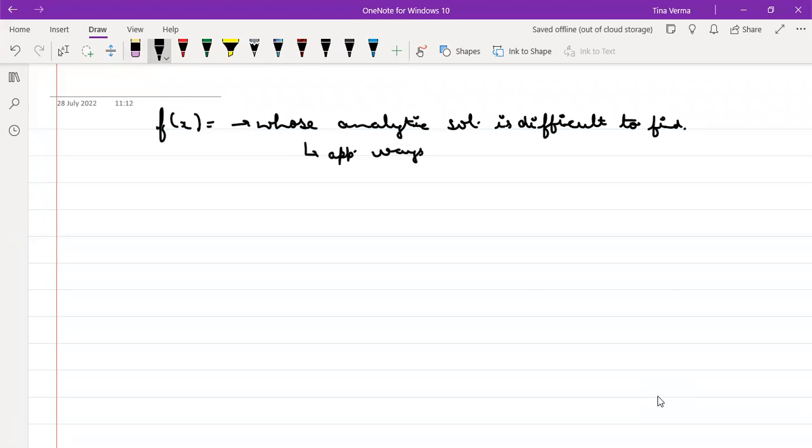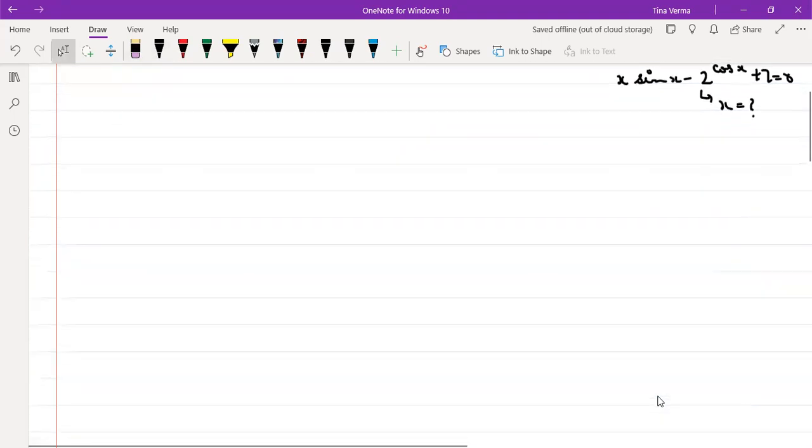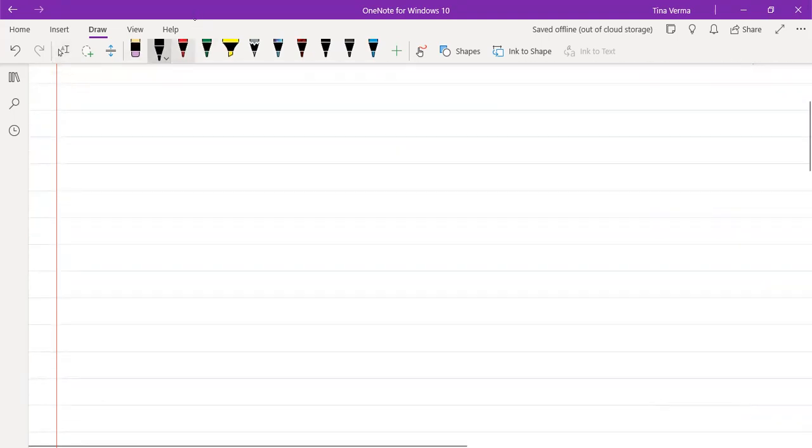Like if we have the quadratic equation x square minus 2 equal to 0, then we can simply say that its roots are plus minus root 2. Then if the equation becomes complex, like x sine x minus 2 raised to the power cos x plus 7 is equal to 0, which value of x should satisfy this equation? So instead of finding the analytic solution, we go towards the approximate solution. For that, we need some representation of the number, that the computer has,